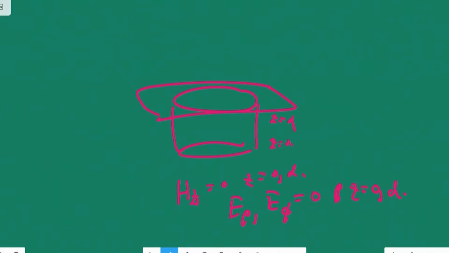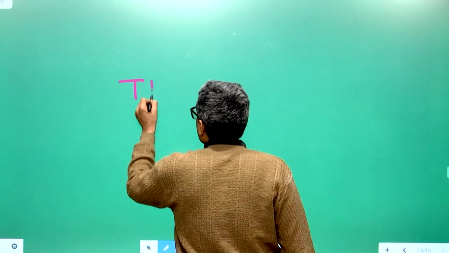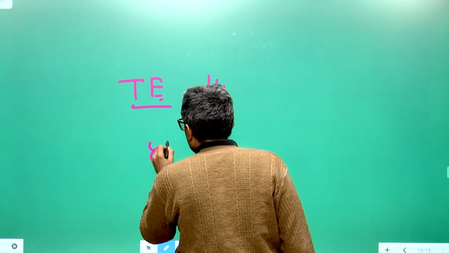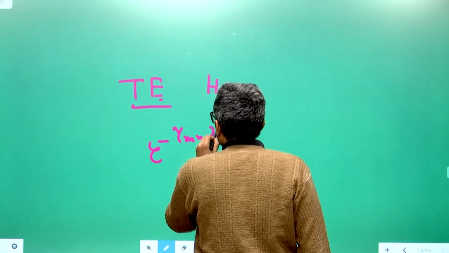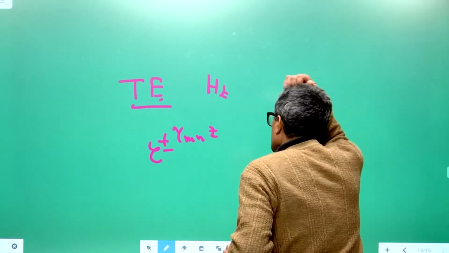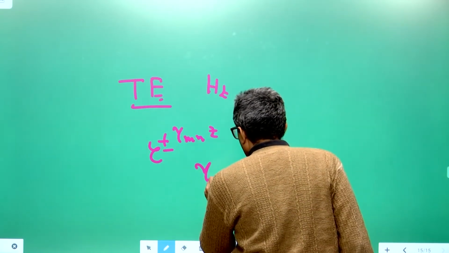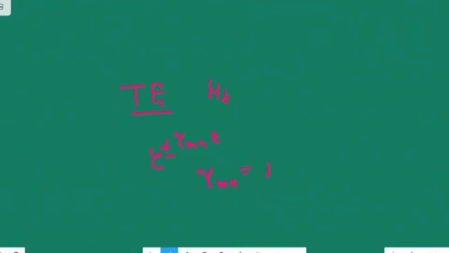So if you apply this condition, what do you get? Let us take the transverse electric case first. So everything is derived from Hz. So you are going to write the dependence on Z as e power minus gamma mn z, but you could write it as plus minus gamma mn. So if you choose the correct linear combination which vanishes on Z equal to 0 and D, it will obviously be that gamma mn must be of the form j beta mn, where you should choose the combination e power gamma mn z minus e power minus gamma mn z. This will vanish at Z equal to 0 and Z equal to D, provided